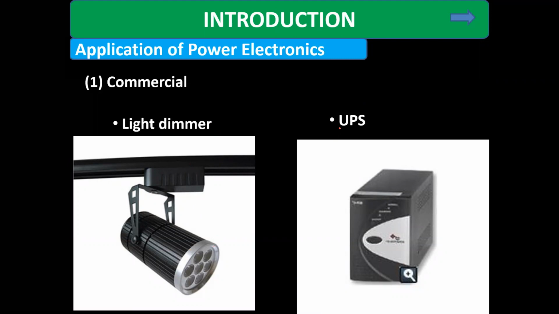Now in the case of UPS, this is an uninterruptible power supply. Uninterruptible means that if the supply goes off, our system should still work continuously, and for that we generally use the UPS. So what is the role of the UPS? A UPS is not just to protect the device, but also provides a continuous power supply. It is a battery operated device, so through the battery we get continuous AC. To convert this battery DC voltage to the required AC voltage, we need power electronics. Okay, so that is the commercial application.